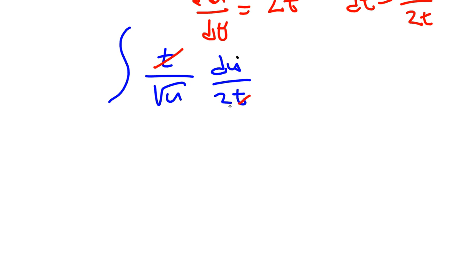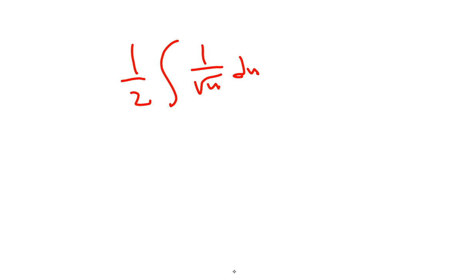And so really you have a constant of 1/2. So I'm going to factor that out in front. I'm going to do 1/2 integral 1 over the square root of u du. I'm not going to put any limits of integration yet. I'm going to do the antiderivative first, plug back in what u is, and then plug back in my limits of integration. So I'm going to rewrite this as 1/2 integral u to the negative 1/2